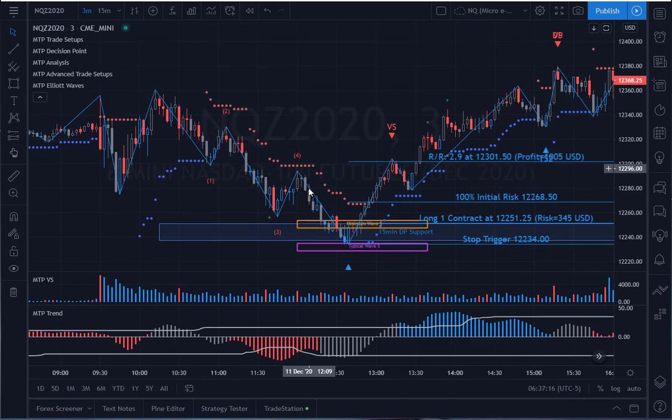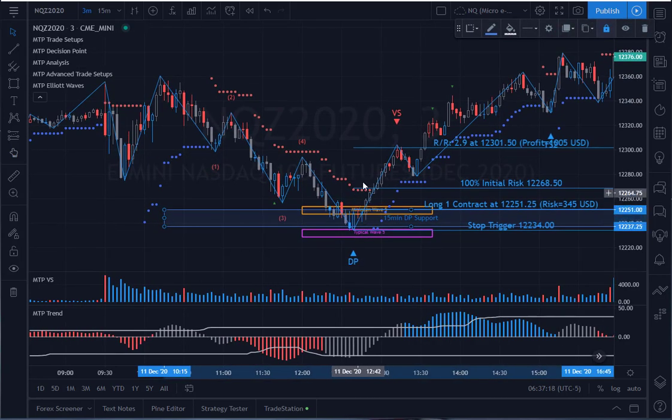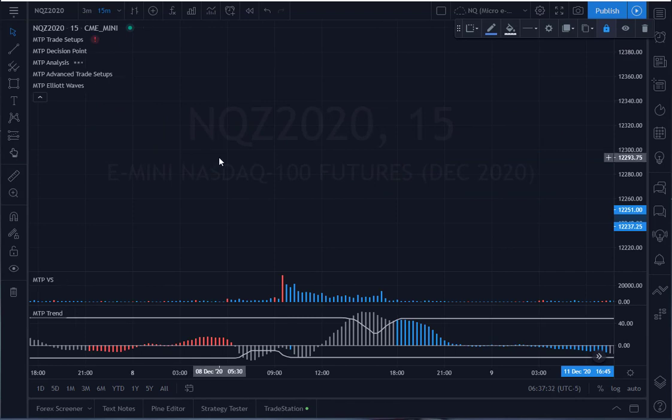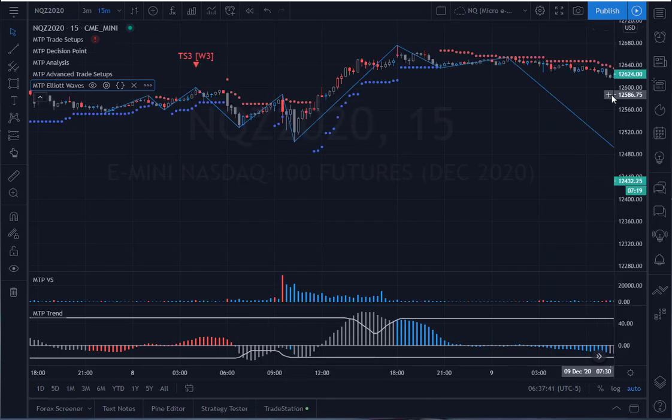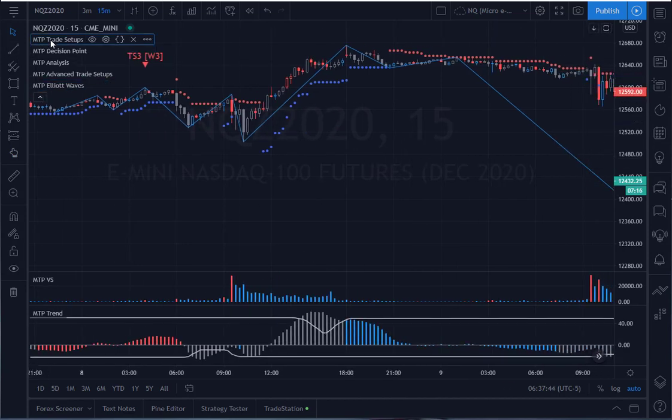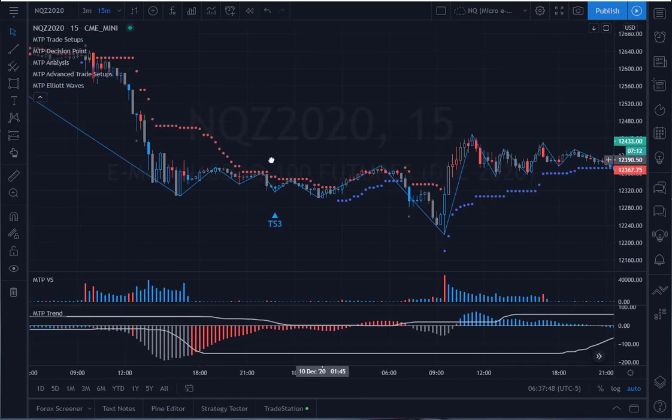Now the thing about 5-wave sequences is if it goes back to the DP of the prior wave 4, which it did there, if it goes past that, which it did, it can then go to the DP of the start of the sequence. And interesting enough is if I come back to the 15-minute chart, just take that off, so I don't want that to recalculate. And I don't want it to redo the analysis there. But if I come back to the 15-minute chart,